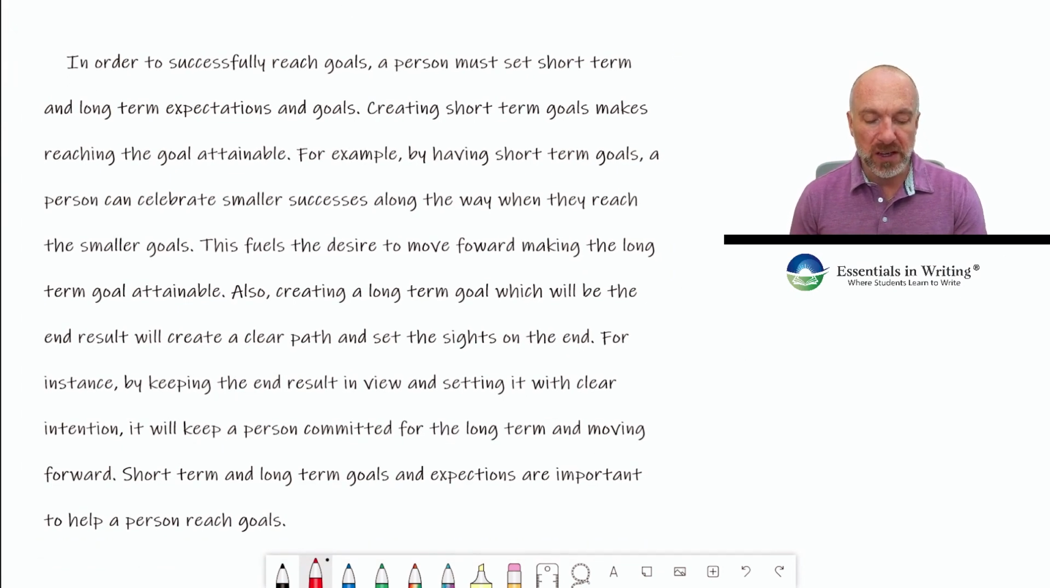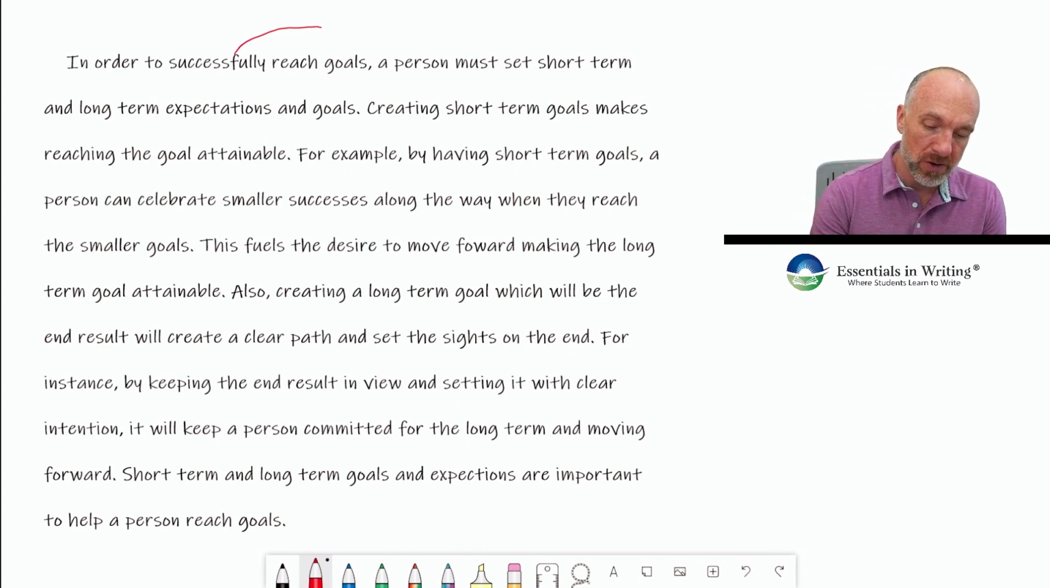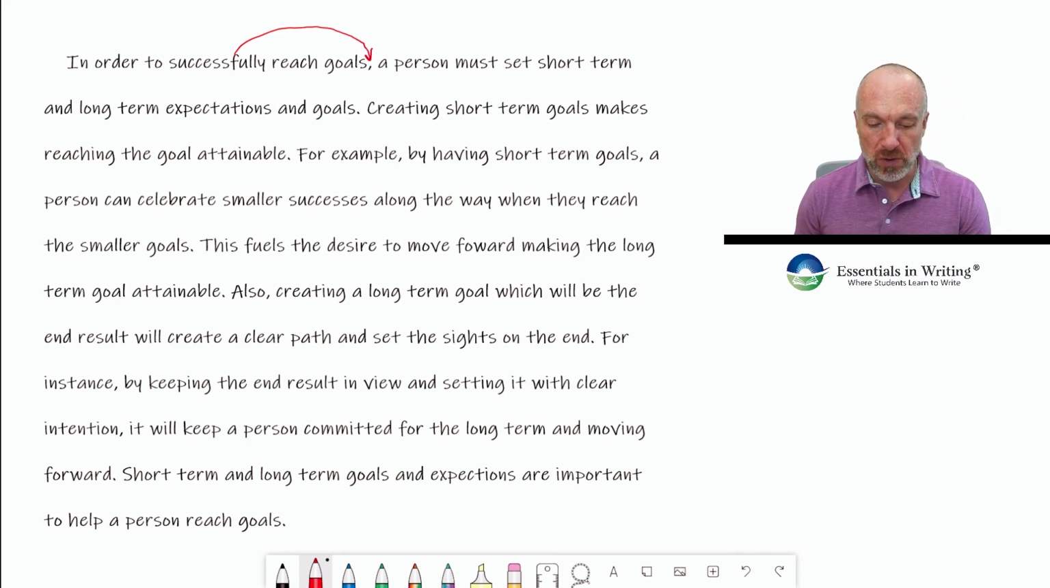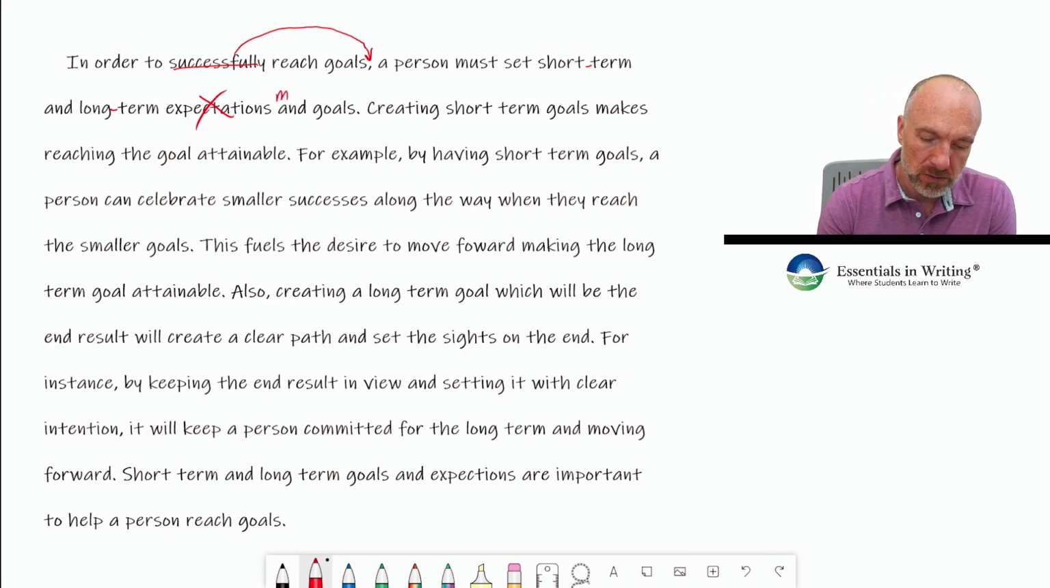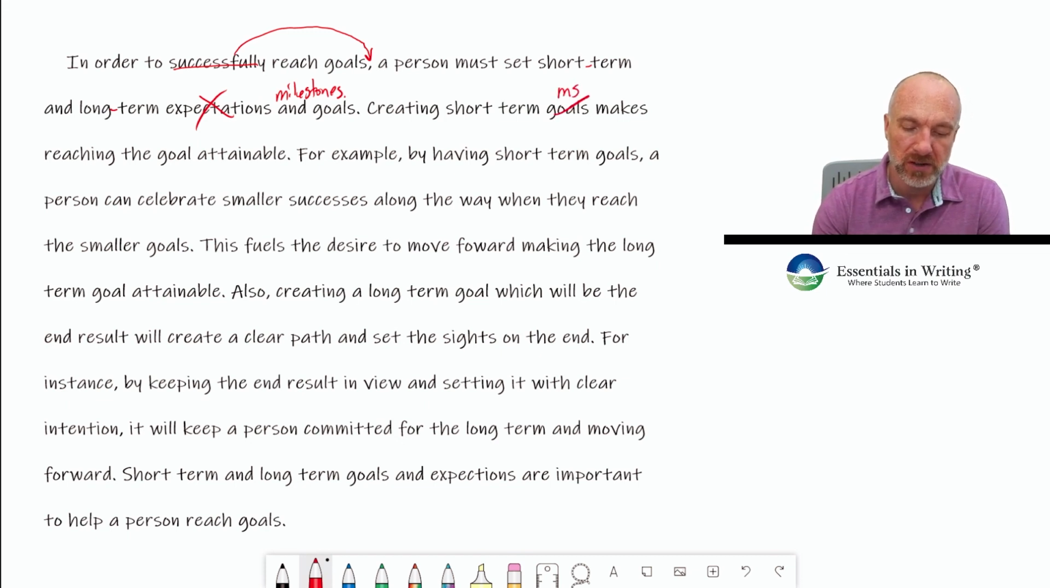In order to successfully reach goals, I'm going to change the order of that. In order to reach goals successfully, maybe I just get rid of the word successfully. In order to reach goals, a person must set short-term and long-term expectations. Not expectations. That's not even the right word. Must set short-term and long-term milestones. Creating short-term, I'm going to do MS for milestones, makes reaching the final goal